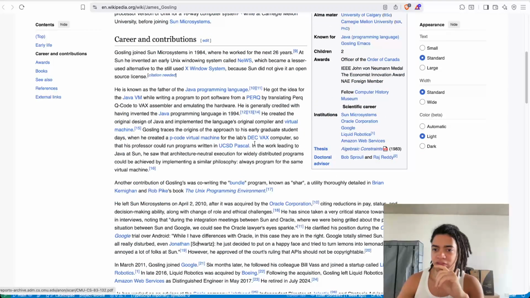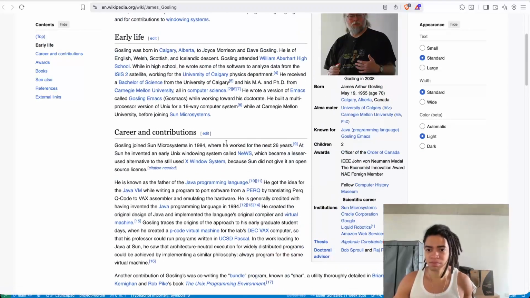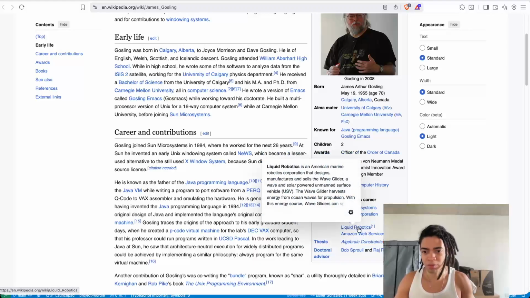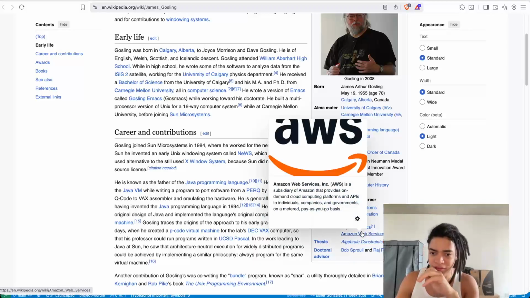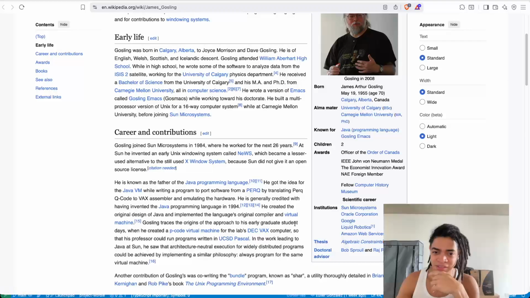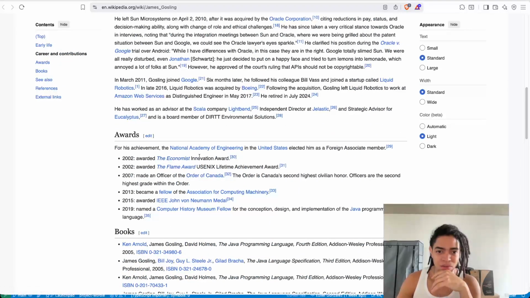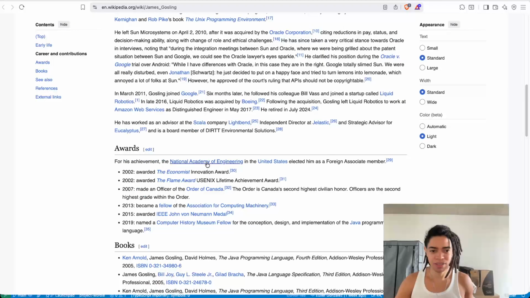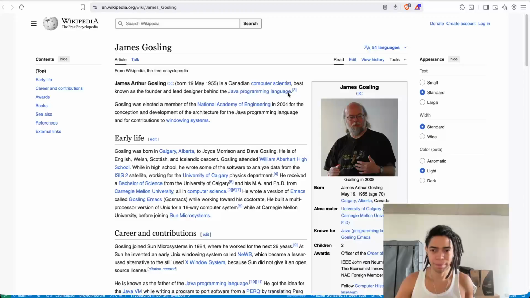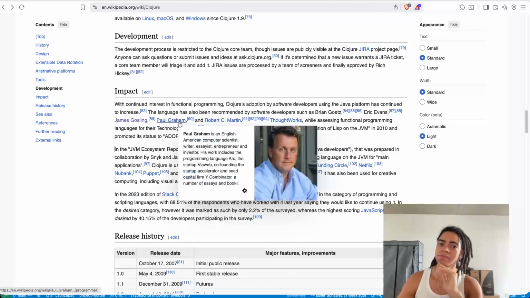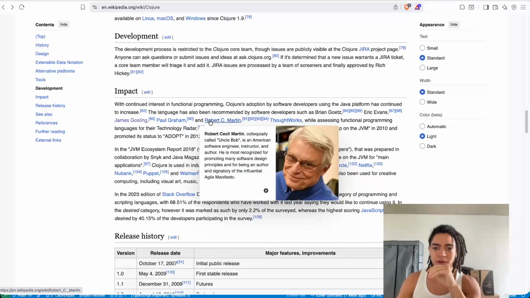Thesis, algebraic constraint. Holy moly. Sun Microsystems, Oracle Corporation, Google, Liquid Robotics, and Amazon Web Services. Why am I not surprised, bro? Innovator Award, of course, man. My respect, bro. Okay. Paul Graham and Robert C. Martin